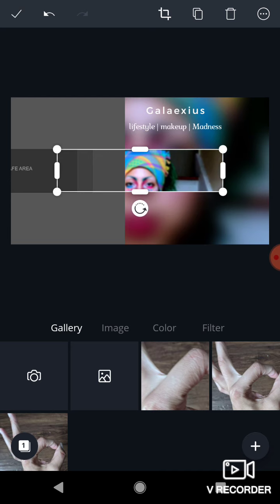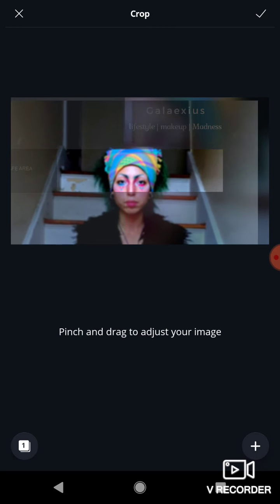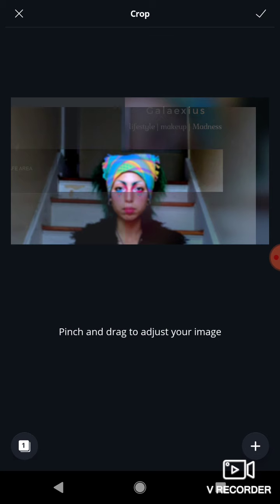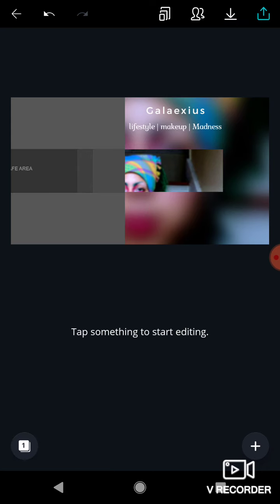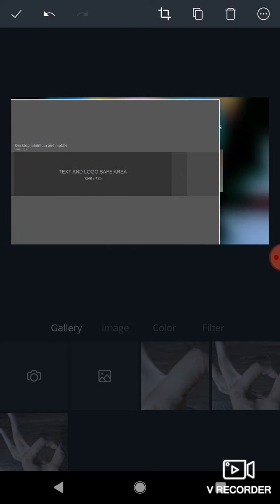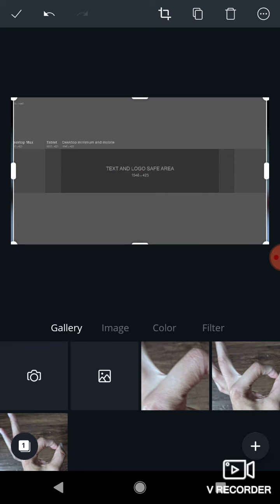Okay, awesome. And then if you're not exactly happy where your photo is when you are stretching it, you can click your photo and then you can just drag it around to where you want it. Because, you know, sometimes stretching messes things up. Alright, so anyway, now there's that. It is now just about the same size, and now what you're going to do is bring the aspect ratio page back over, make sure it's stretched well, it's in the center, we're good, and